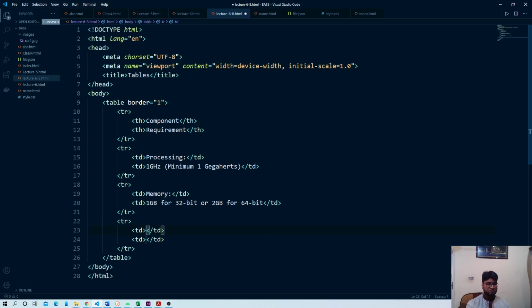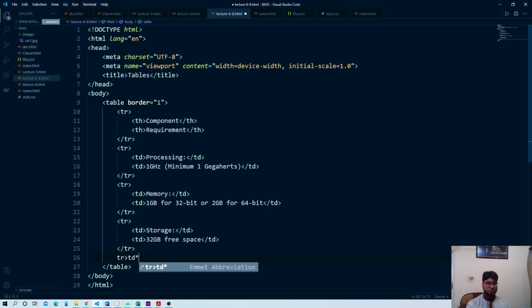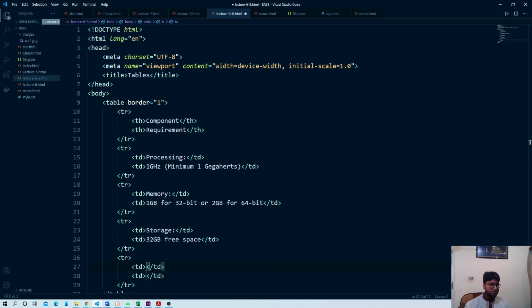Within the first TD I have storage, and the text, 32 GB free space, right. Now, I need one more TR, table row, and within that I require 2 TDs, and the text for that TD we require